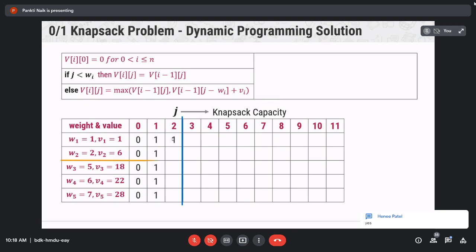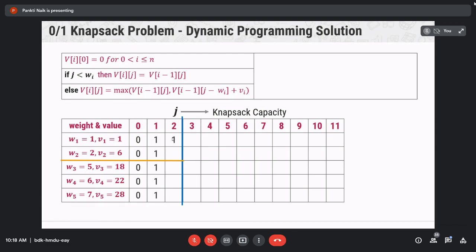Now next, find the value for V22. For V22, I is equal to 2, J is equal to 2, W2 is equal to 2, and V2 is equal to 6.